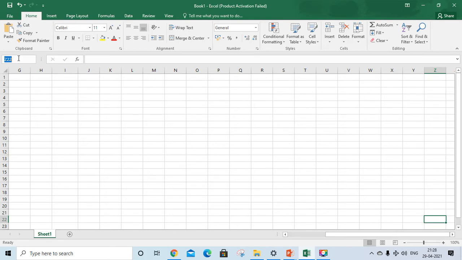Now similarly, one more example I'll give. R column second row. Enter. See the green box mark is in R column second row. Now similarly, I want to go to A column first row.